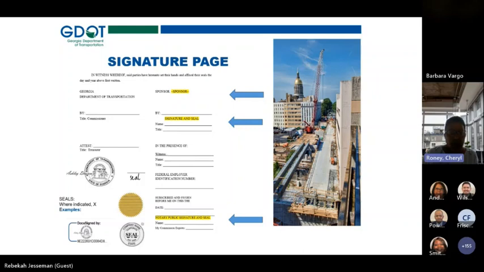And then, of course, the majority of them that are coming through are with the signature and the seal. So basically, it's a stamp and everything is already where it shows the DocuSign. That's what we're seeing the most. But of course, all the other seals that are coming with your city or your county are acceptable.